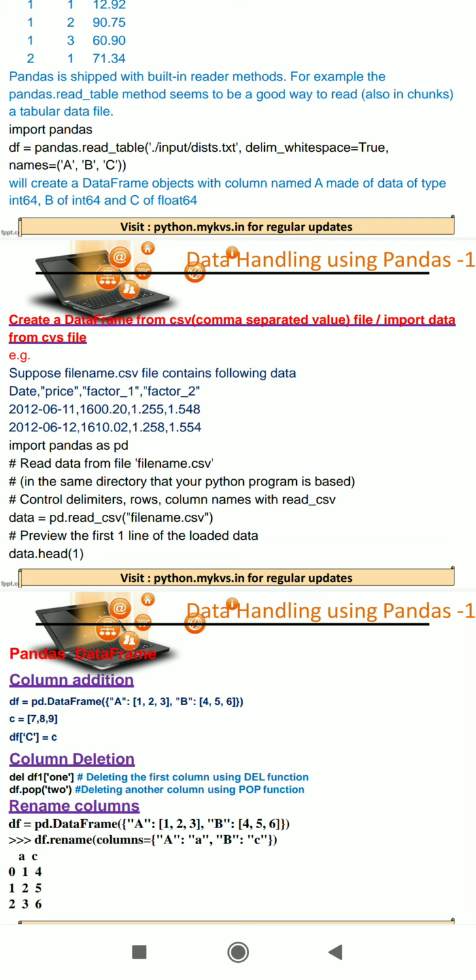Whereas if you have the data in any other file format, reading such data requires a lot of programming and complexity also. So a CSV file reduces such complexity.